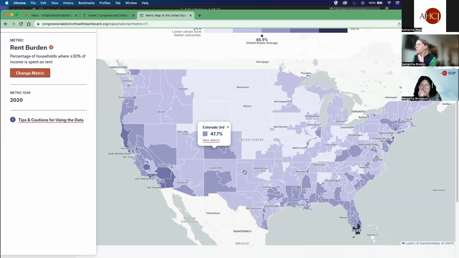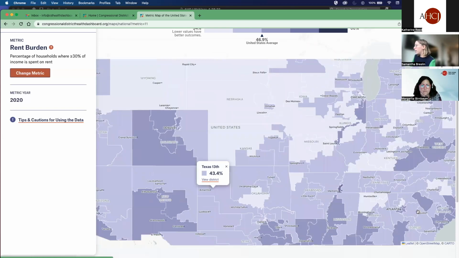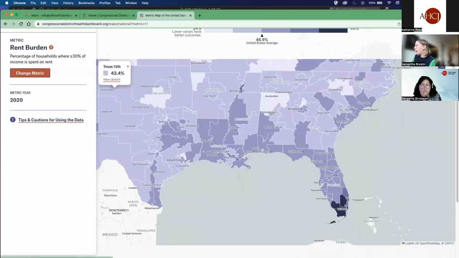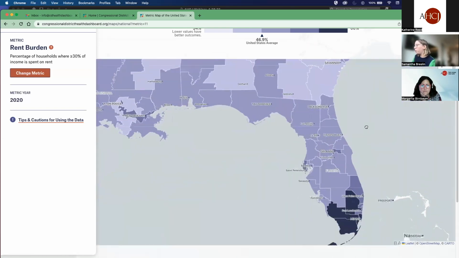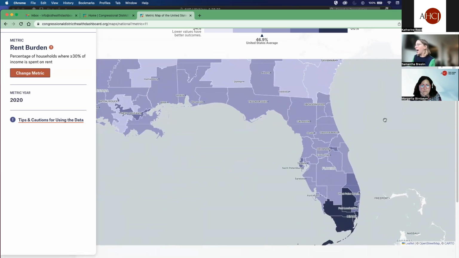Each one of the districts can be clicked into, and you can see the name of the district, as well as the estimate or the value for that metric. And then you can click here to get zoomed into that measure. So you're also able to zoom into the map this way, and I'll just zoom into Florida. And the dashboard